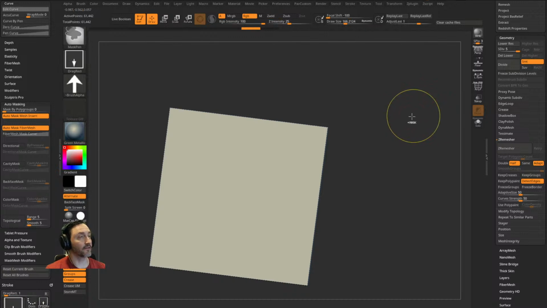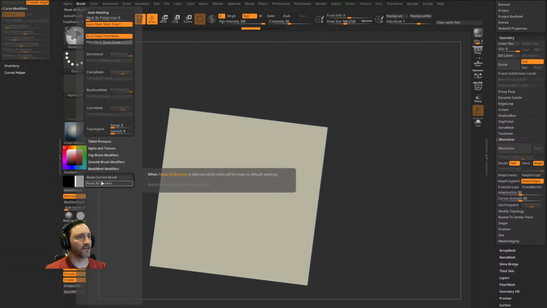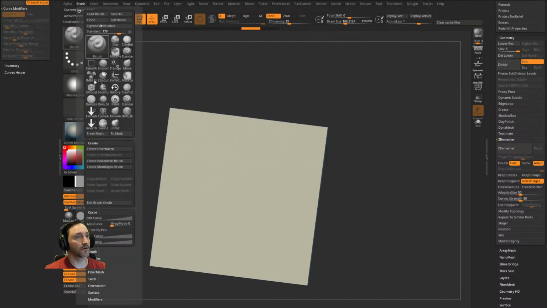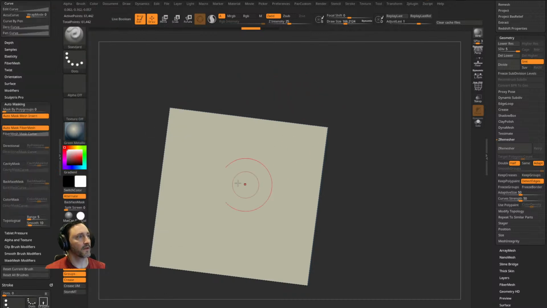Same thing for masking. If I hold down Control and I say mask, let's turn this off and switch back to dot stroke. I have mask pin and we'll focal shift to 0. If you're ever like, oh, what happened to this brush? You can also go in here to Brush and then say Reset Current, and that'll reset your mask pin. If you're holding down Control when you do it, that'll reset that. Same thing for standard brush. You can either reset all your brushes if you want, or just reset current. And now you're back to your